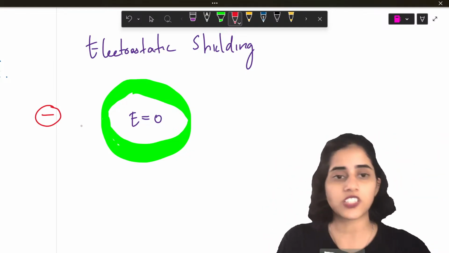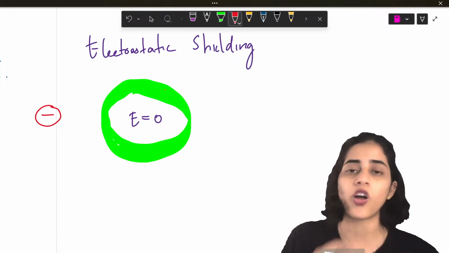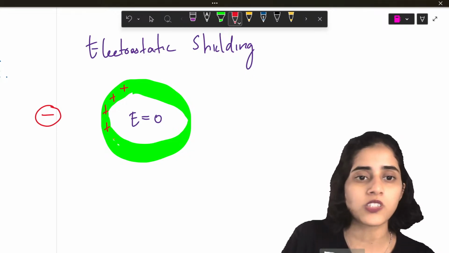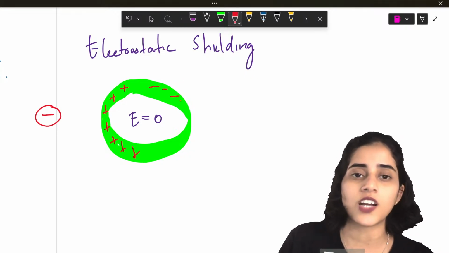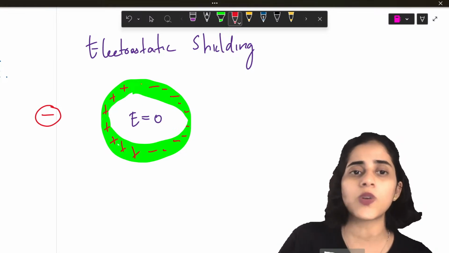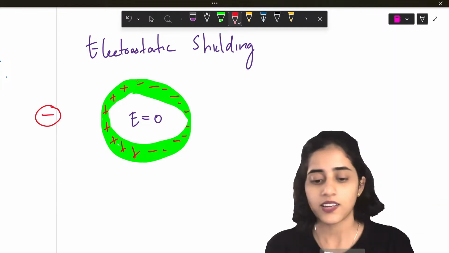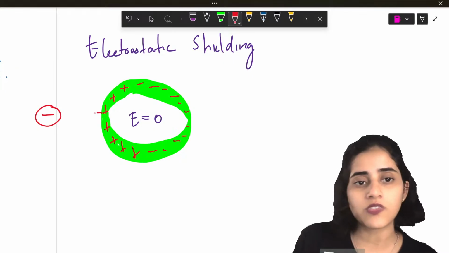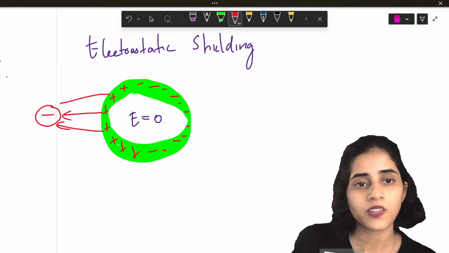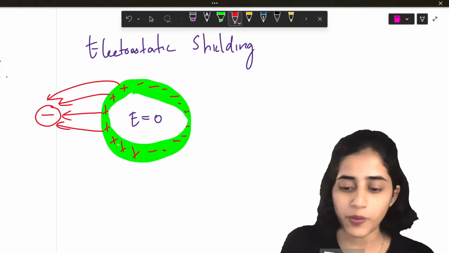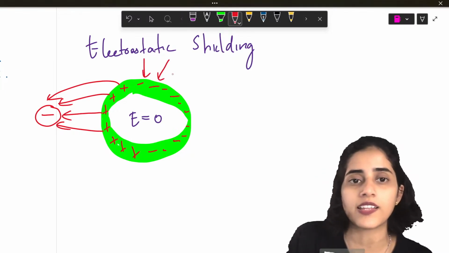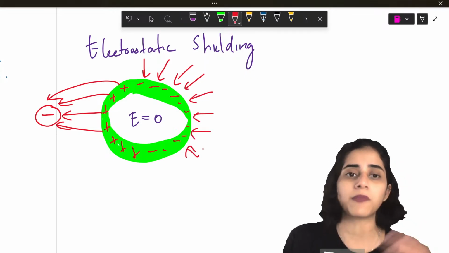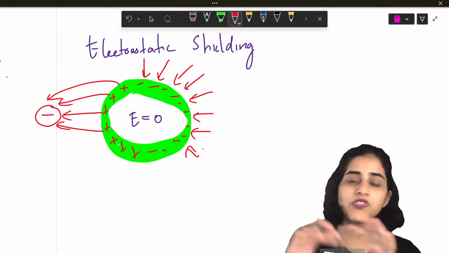Okay. So this negative charge comes. What happens? Whenever this negative charge comes close to the conductor, what happens? A sudden redistribution of charges happens and all the positive charges come close and the negative charges go to the other side. This is a very quick process. All the positive charges come this side, negative charges go this side. So now what happens? From the positive, the electric field lines go like this to the negative. Now from the negative, to the negative also electric field lines come. But none of the field lines are entering the conductor. All of the field lines are outside.